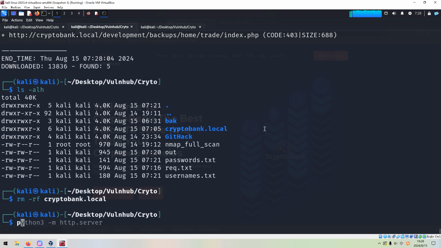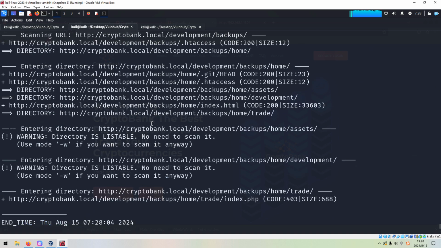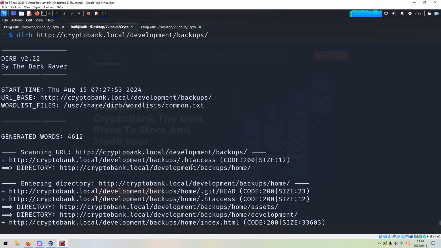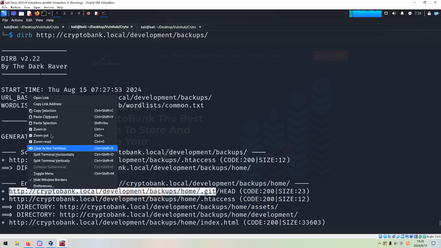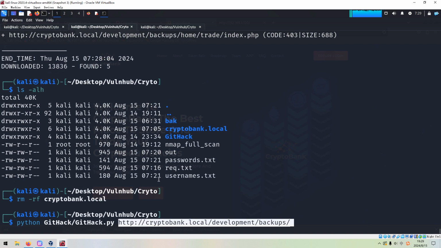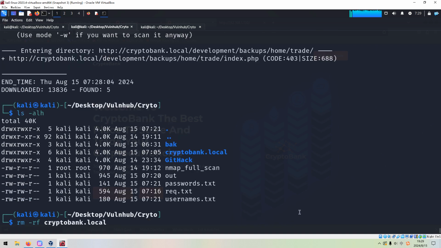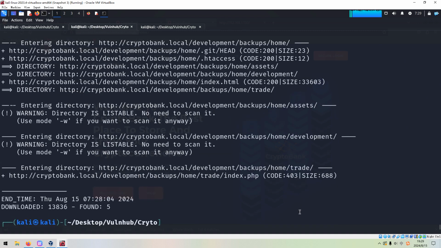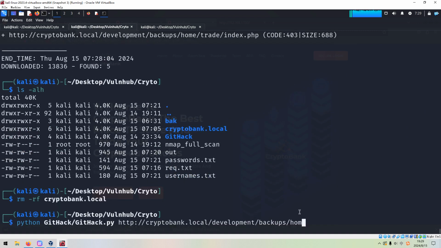We can use Python and GitHack, followed by the URL, which we can copy from here. This should be the directory for the Git. Home, Git. Press enter,